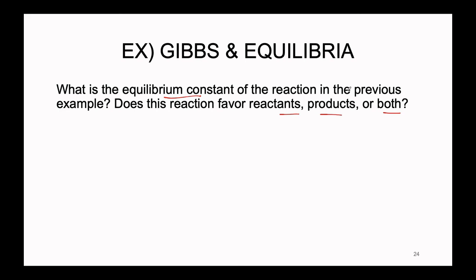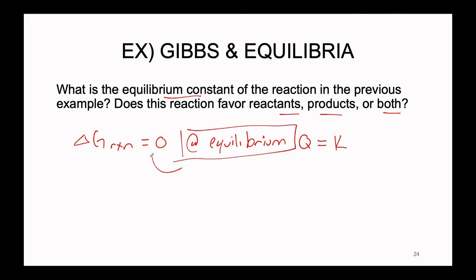All right, so what's really cool about the previous equation, as we had talked about it, is that delta G of your reaction, not delta G standard, the delta G as it is calculated, if it is equal to 0, what this means is that you are at equilibrium. So if your delta G is equal to 0, you're at equilibrium, which means also that your Q is equal to K, right? If you're at equilibrium, both of these concepts were stated to be true,